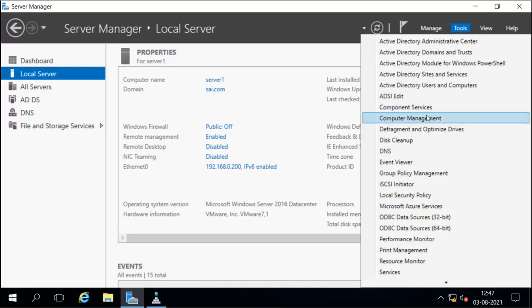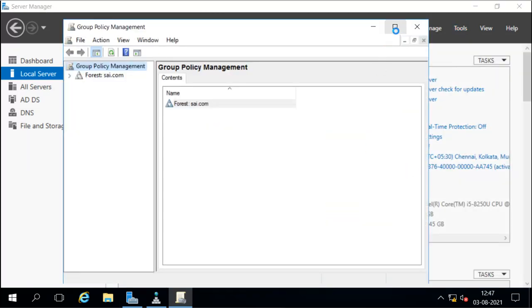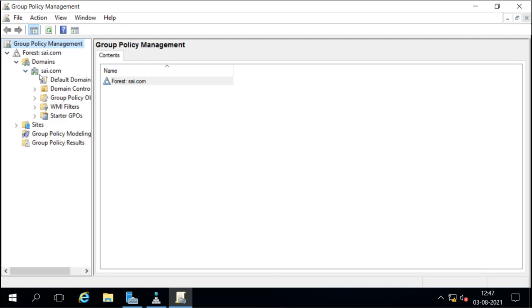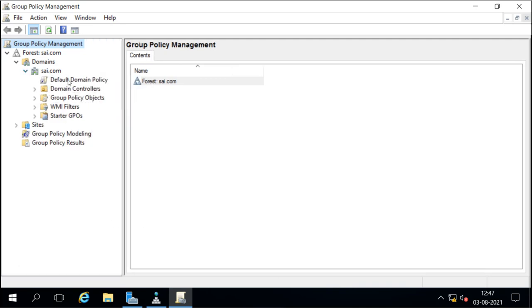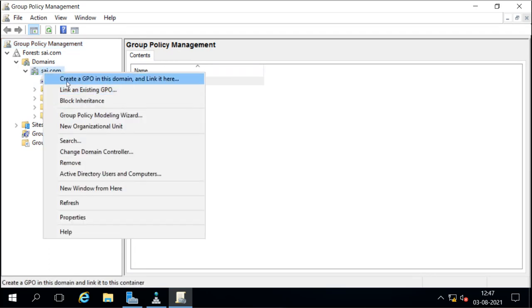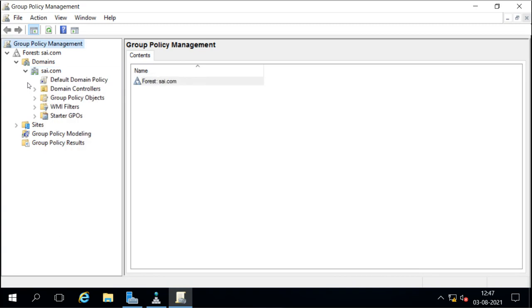So for that, I will go to the group policy management, and under the group policy management, this is our domain, and under the domain we have one policy here, the default domain policy. I can create a new policy, or I can edit this existing domain policy which is applying on the whole domain.